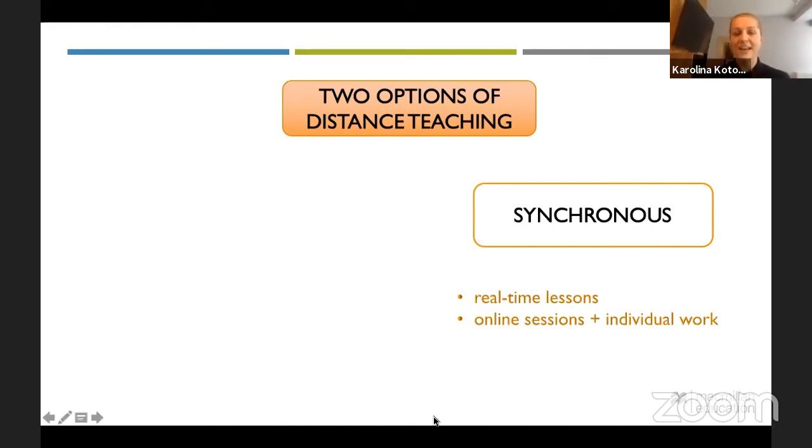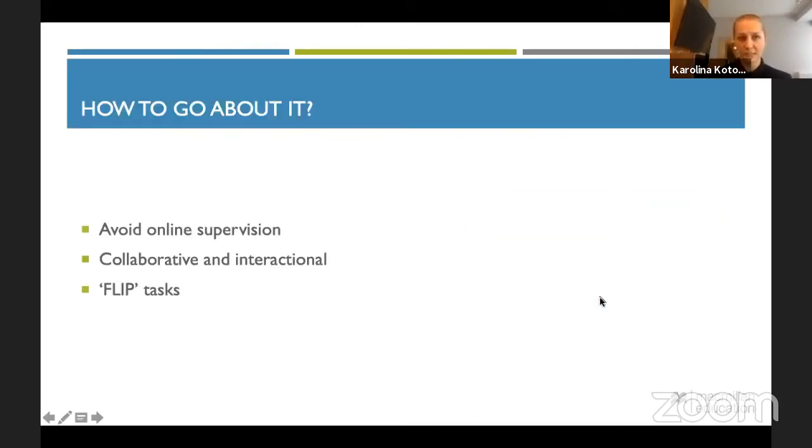Like I said, these are real-time lessons followed by some individual study. Again, how to go about it? First of all, and this is something that I believe I've already mentioned, we need to avoid online supervision. An online lesson is not the moment when students do activities and you only watch if they're actually doing it, okay? Online lessons should be collaborative or as collaborative and as interactional as possible, because